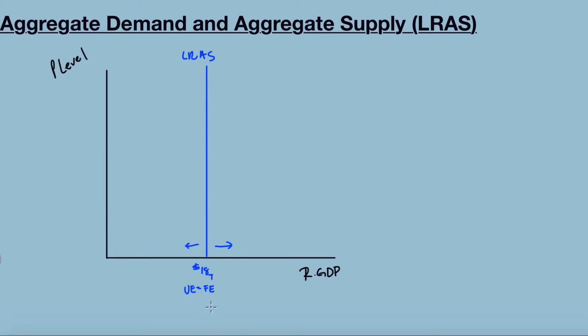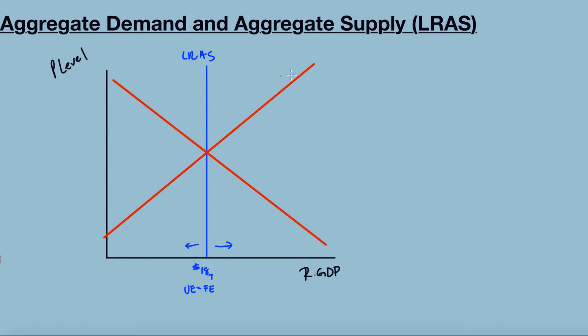So there's somewhere between 4 and 6% unemployment in the economy, and we're producing as many goods and services as we can. If we are at our full employment level of real GDP and the market is in long-run equilibrium, meaning our aggregate demand and aggregate supply curves intersect at the same point along the long-run aggregate supply curve, then there is no incentive for firms to produce more or less. There's no incentive for consumers to change their buying habits, and the market is extremely stable.